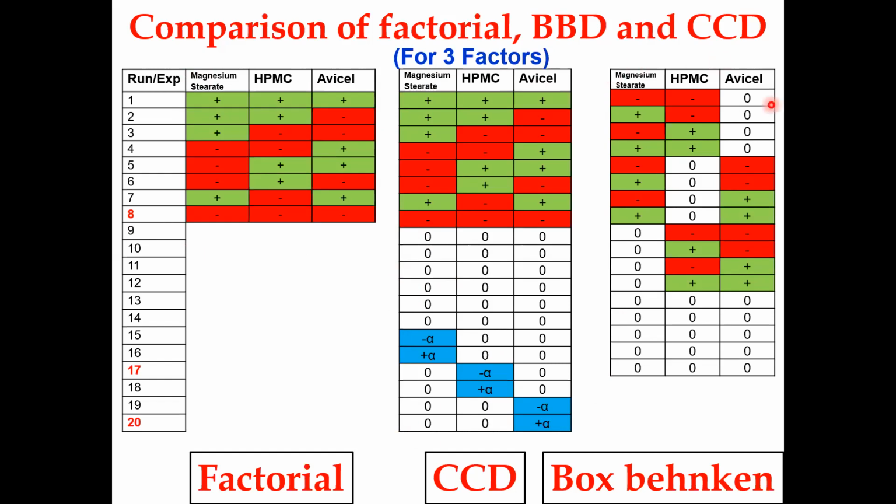Similarly, if you take Box-Behnken design, it is completely unique compared to these two. Here it is a mix of all the experiments with the central point. Let us say if you consider one central point, the remaining become a 2 to the power 2 factorial design, like minus minus, minus plus, plus minus, plus plus. Similarly for the others, if you take the center one, the second factor at the central point, the remaining become 2 to the power 2, and you have to do 4 experiments.